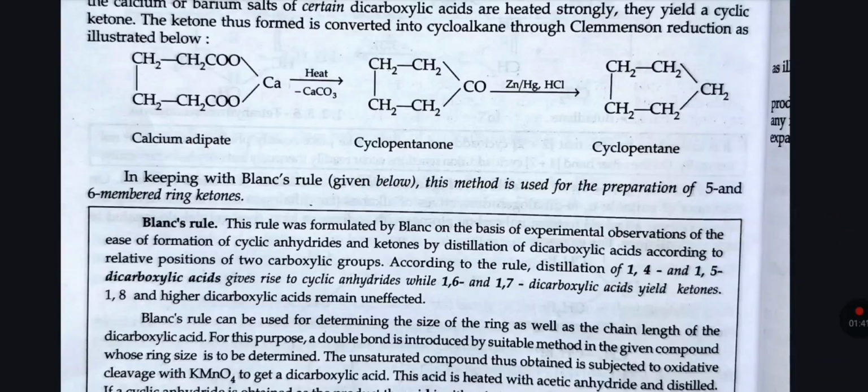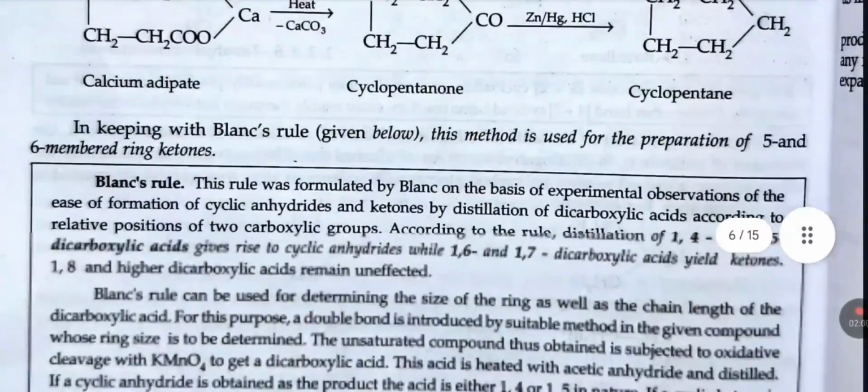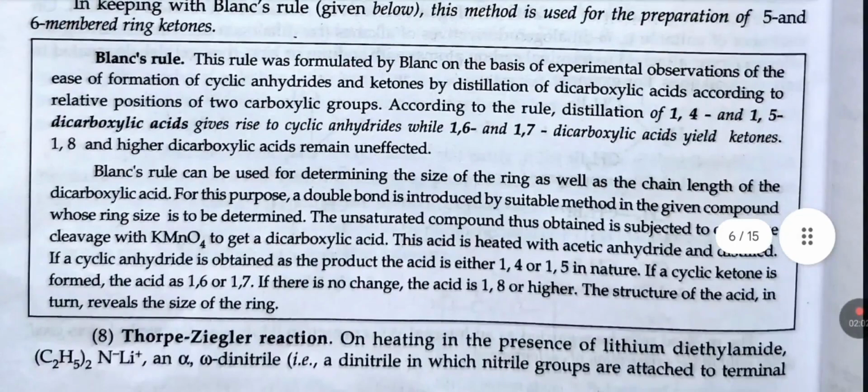Calcium adipate in the presence of heat will give cyclopentanone. On treatment with zinc, mercury, HCl it will give cyclopentane. In keeping with Blanc's rule given below, this method is used for the preparation of 5 and 6 membered ring ketones. Blanc's rule: this rule was formulated by Blanc on the basis of experimental observation of ease of formation of